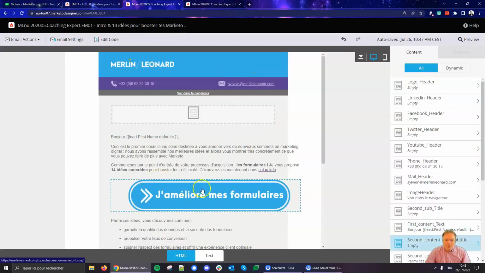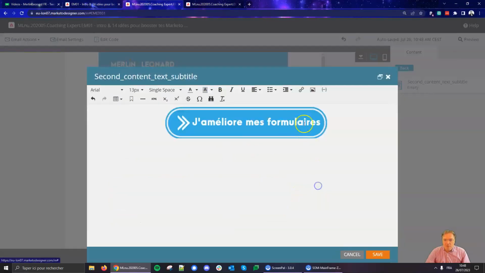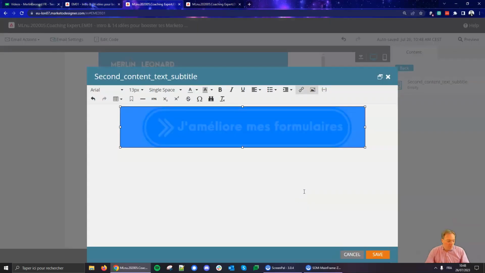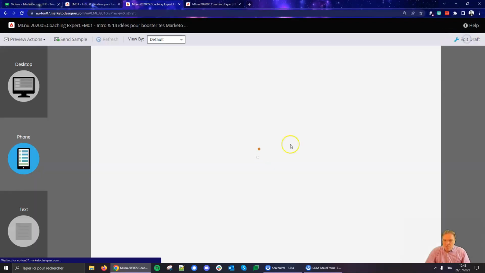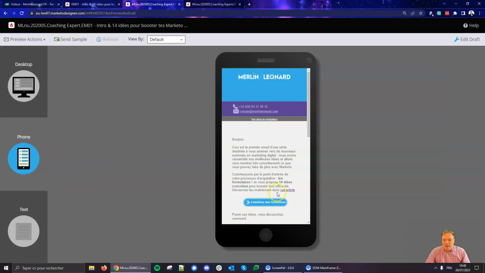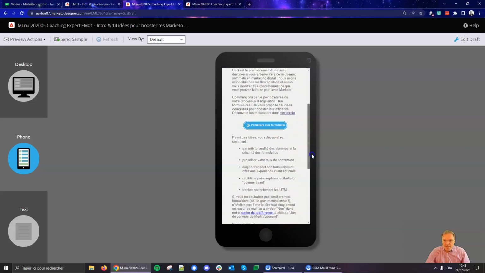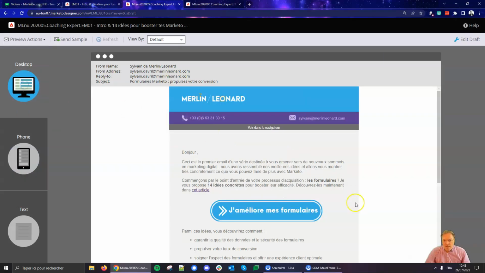So to prevent that, what we can do is to click on the image and here add an 80% constraint so that we make sure that this image will only take 80% of the width of the screen, whatever the screen, whether we are on a tablet or mobile workstation. And here we ensure that it will display properly. Yeah, that's far better. We don't have the horizontal scroll here. That's great. And on the desktop, it's great.